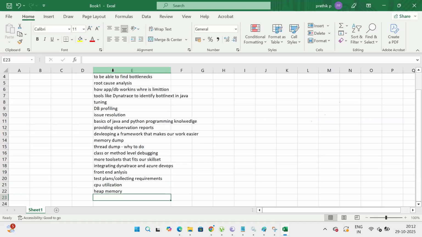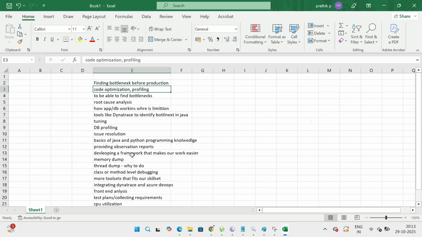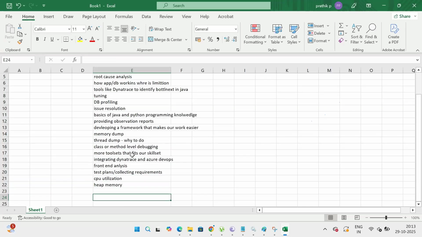Good. I think this is a very good, comprehensive list around the performance engineering area, right? Finding the bottleneck, optimizing the code, profiling, root cause analysis, identifying bottleneck using Dynatrace, the thread dumps, memory dumps, class or method level debugging, front-end analysis, CPU utilization, heap, test plans, collecting requirements.